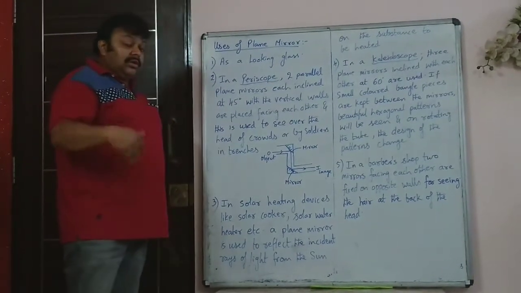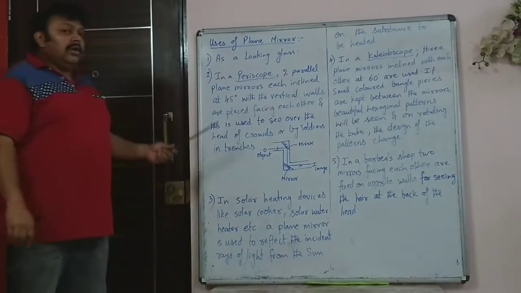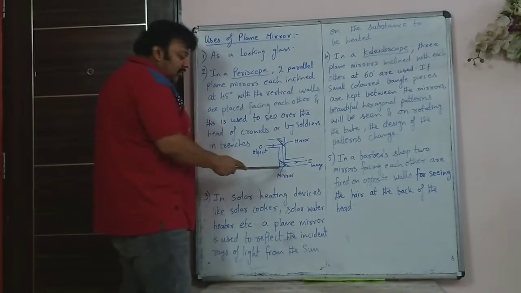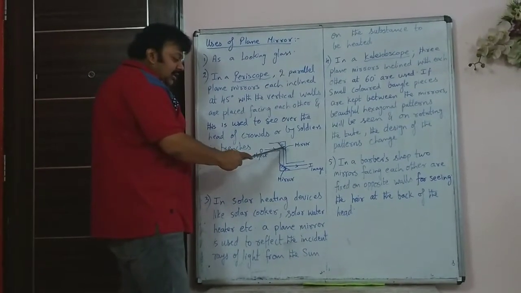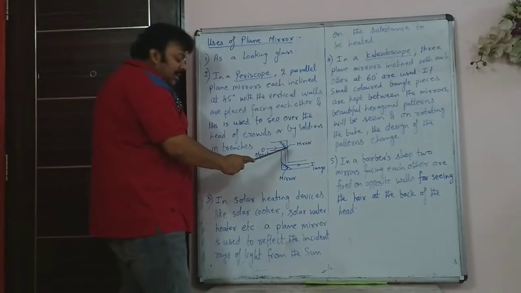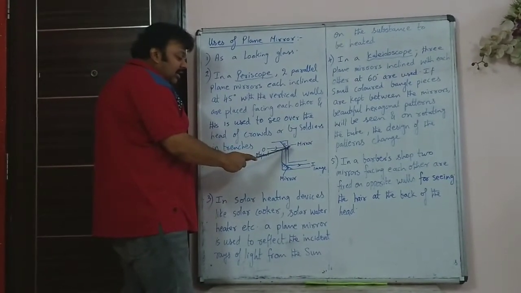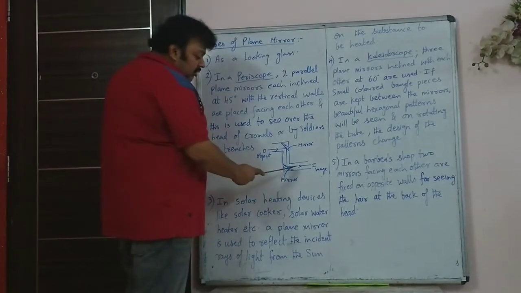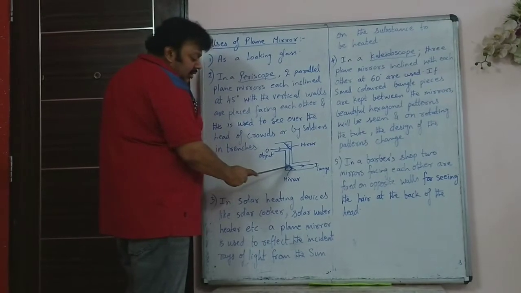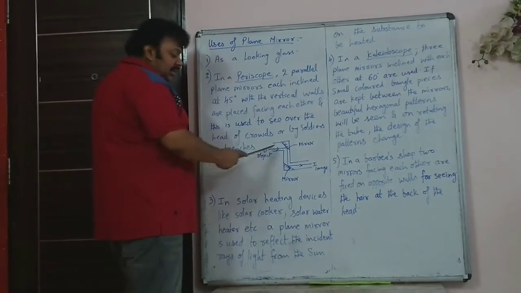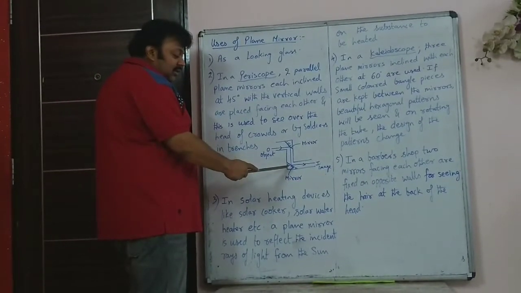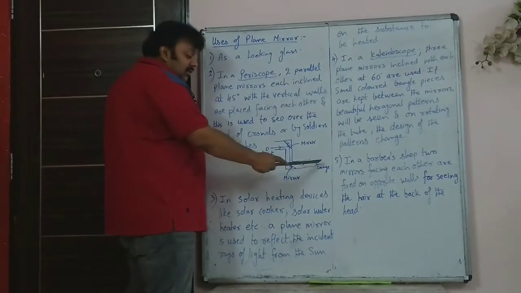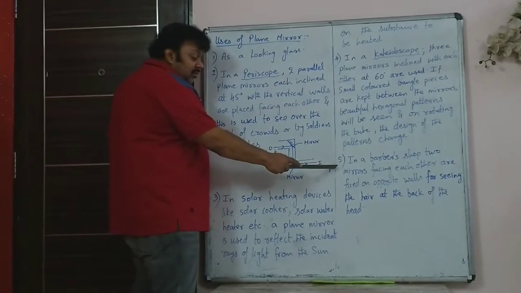And the other uses, other than a looking glass, in a periscope, this is how a periscope looks. These are the outer walls of the periscope and here the object is there. There are two mirrors. These two mirrors are parallel to each other. They are making an angle of 45 degrees with the two vertical surfaces and the horizontal surface. Here also this angle is 45 and here also this angle is 45. So when the ray of light falls on this mirror, it gets reflected and it reaches the mirror at the bottom, and from here it reaches the person who is viewing from here.